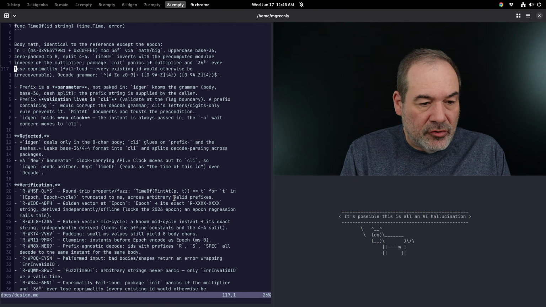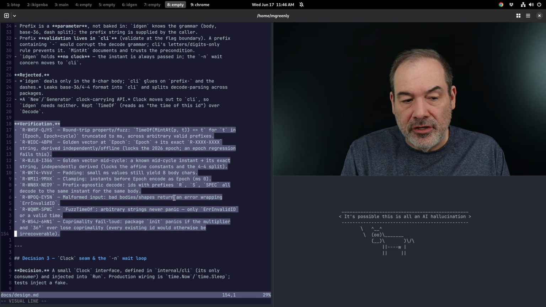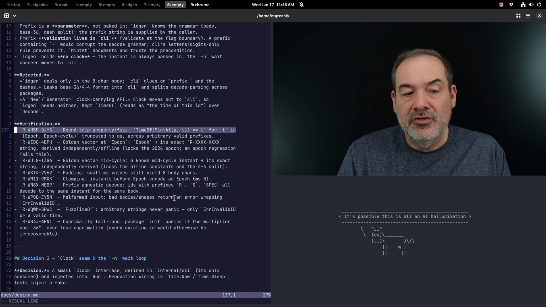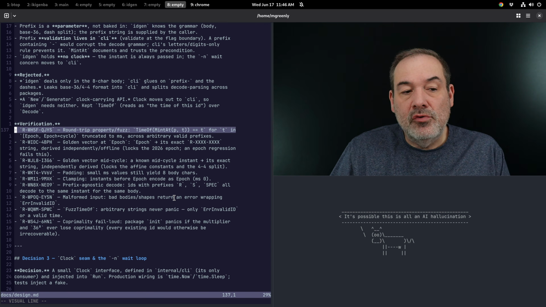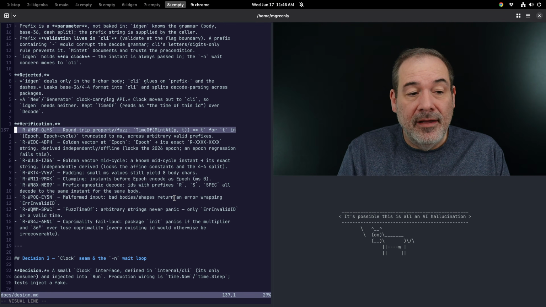it's broken up. It describes features, and then there's a verification section in that feature description. And that verification description includes a bunch of these requirement IDs. What Ralph is asked to do while working on this is to add those requirement IDs as comments, to annotate the code with them. The test code demonstrating that